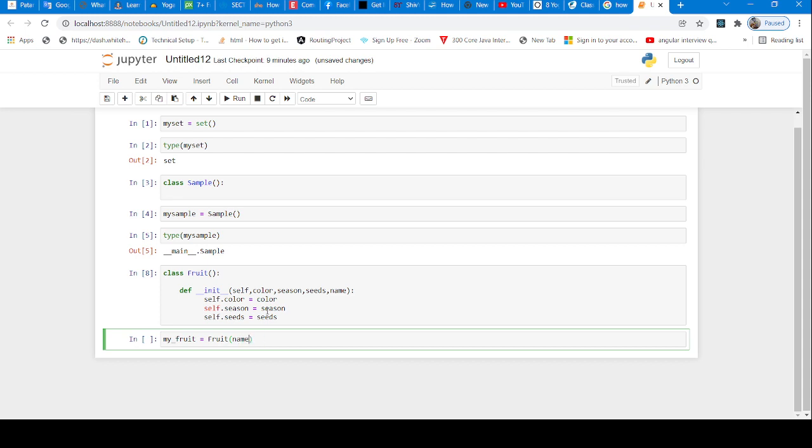Name is, remember to type it in a string so it will work. The name is mango, and then the color is, let's say, orange, and